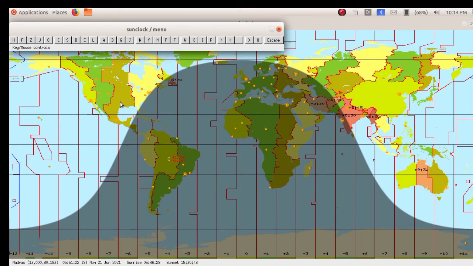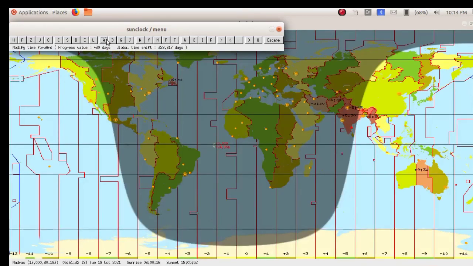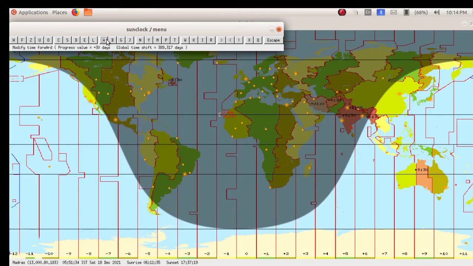Next we can adjust to December. August, September, October, November, December. Okay, December 21st, same date. One day forward. Okay, then adjust the progress value as 1 minute.